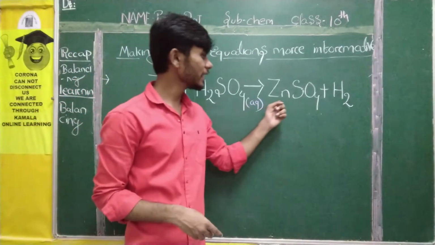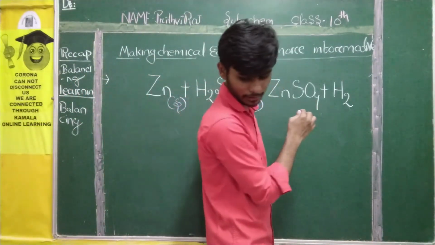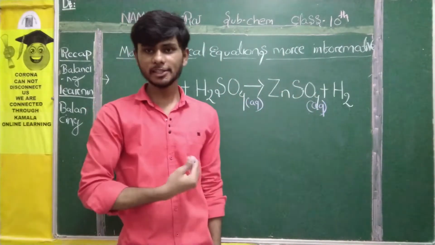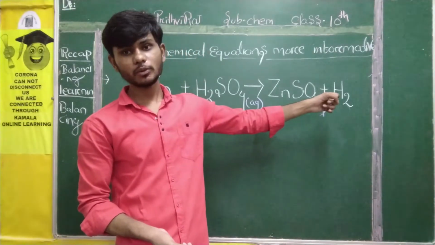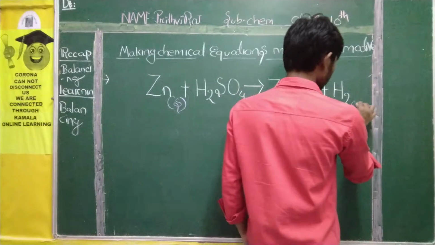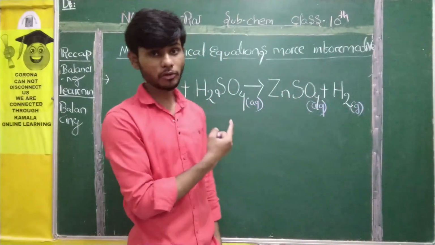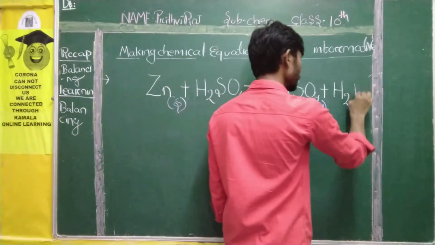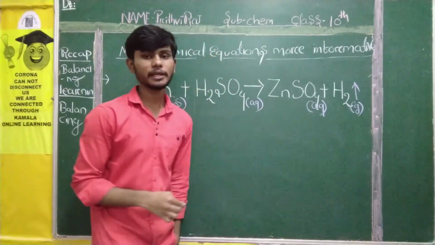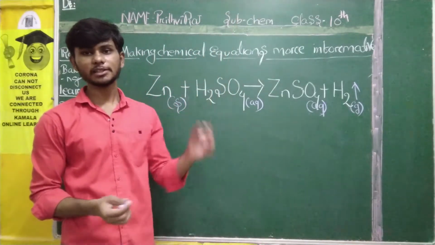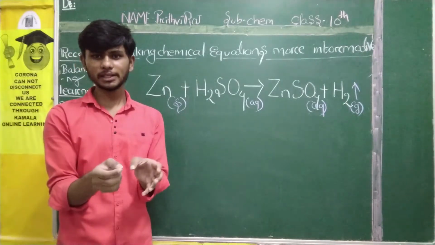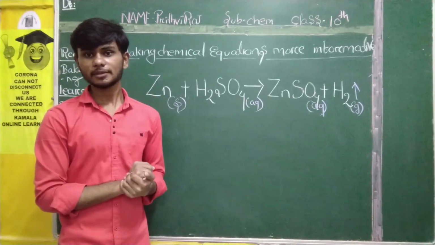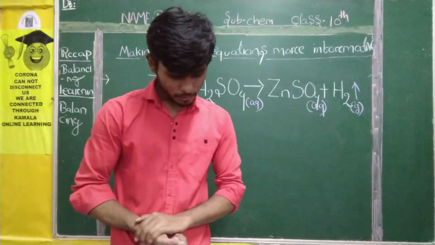Now we see ZnSO4, zinc sulfate is a solid compound, but you are getting it in aqueous form because it is a kind of salt, so it will be dissolved inside water, and you are getting H2. H2 is what? It is a gas, and it is evolved out of nowhere. So here you will give an upward arrow near H2 because that will come out from that reaction. Suppose you have taken two beakers where you have conducted the experiment, from that experiment the H2 will be evolved. Okay?